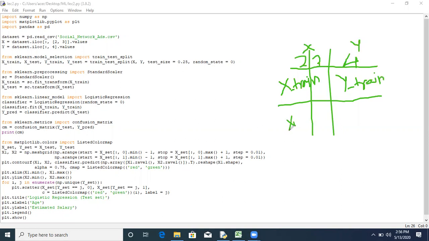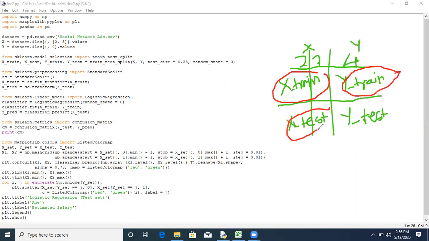Then this part is your X test, the input which we are providing for testing purpose, and Y test, the output which we are providing for the testing purpose. So your data set is divided into four parts: X train, Y train, X test, and Y test. So these four variables we are using here: X train, X test, Y train, and Y test.